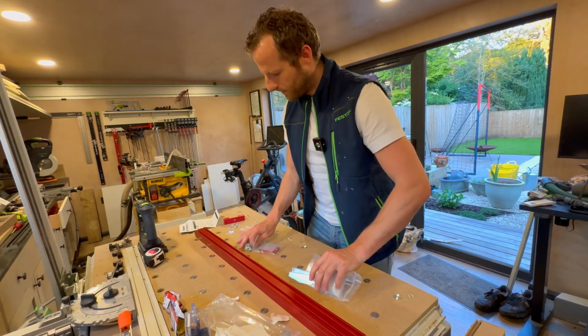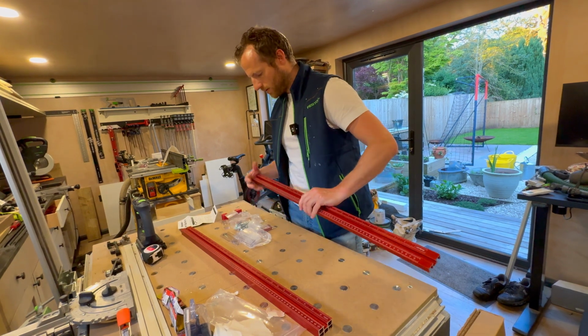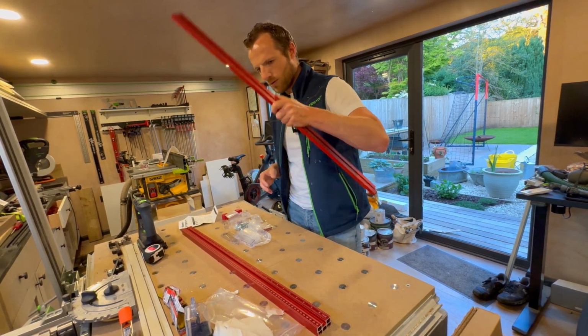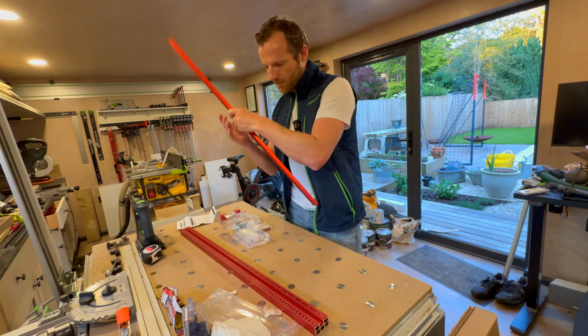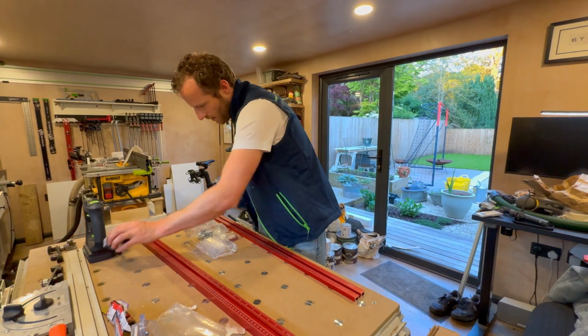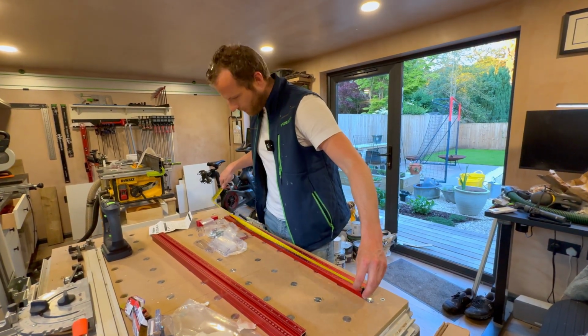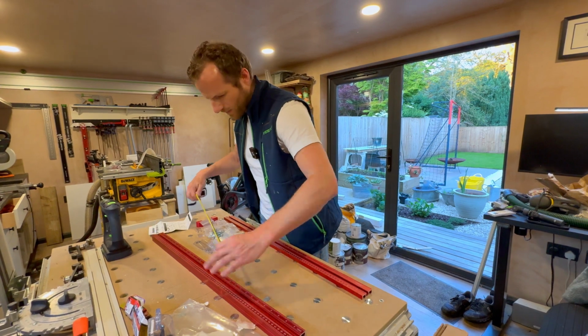So, we've got 3 individual metal aluminium extrusions. Each of them are around, they're all the same, probably around 800 mil. That one's 840 mil, 810 mil,